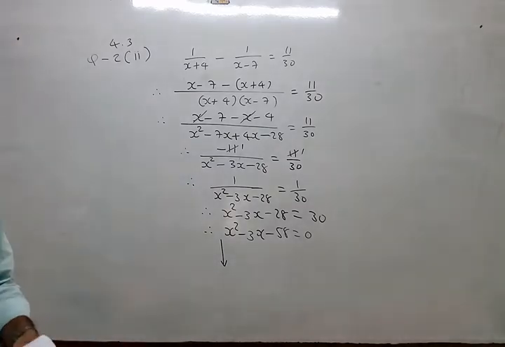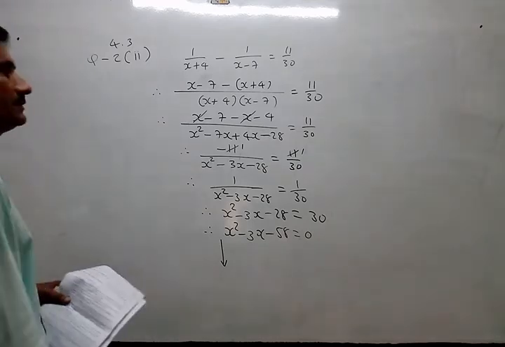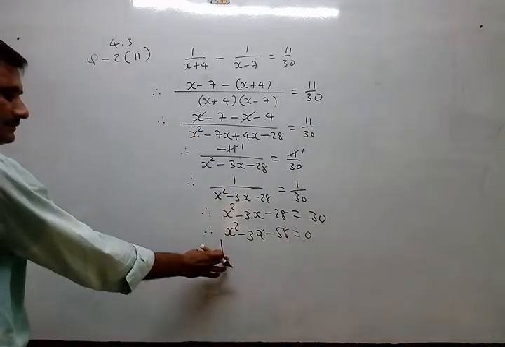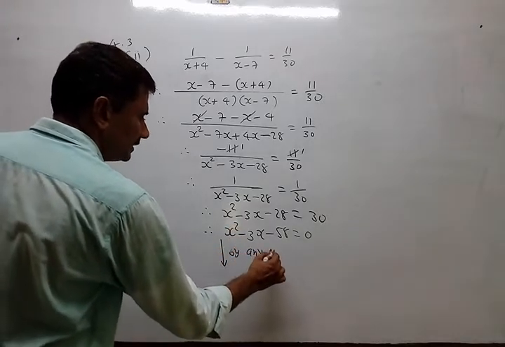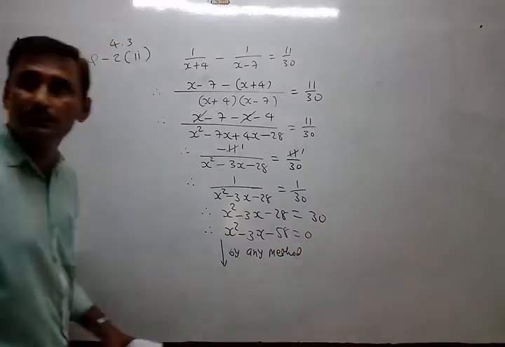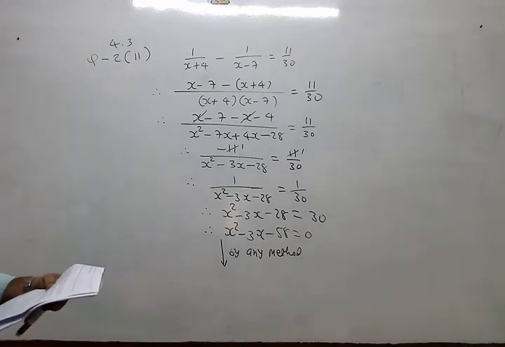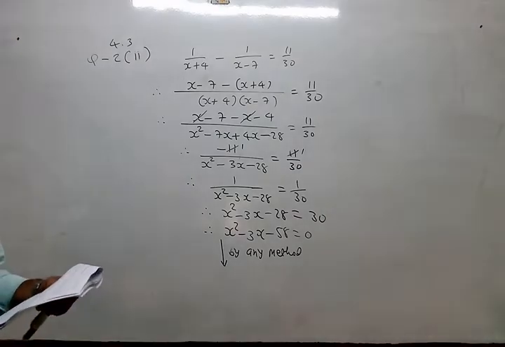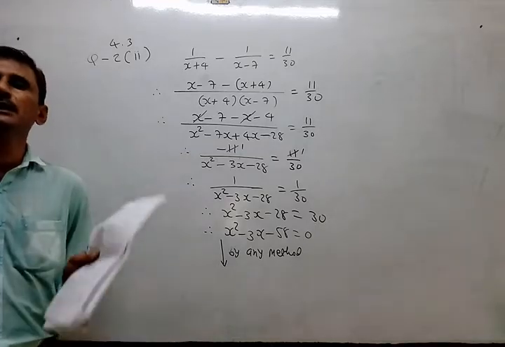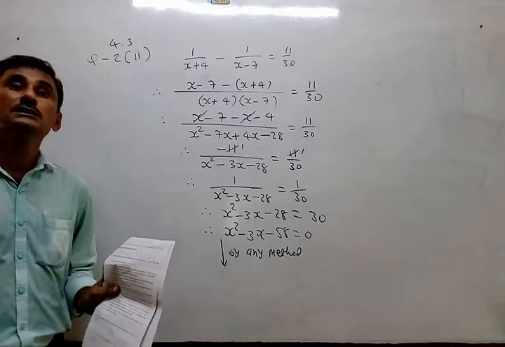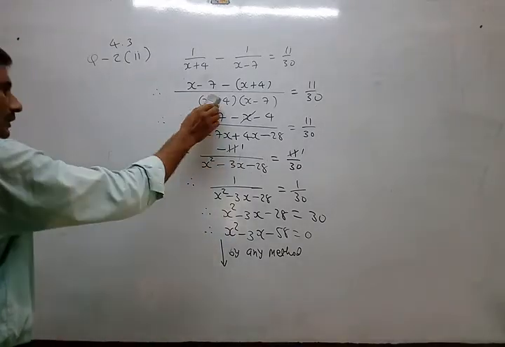Now look at main question number 4. Just write down up to this step and then you have to solve by any method. No specification here to solve by a particular method. Okay. So now I am just going to the next, number 4. Now we have to form the equation and then solve, because all problems are given. So be careful at forming the equation only. And here the next correction. Okay. I already corrected here.